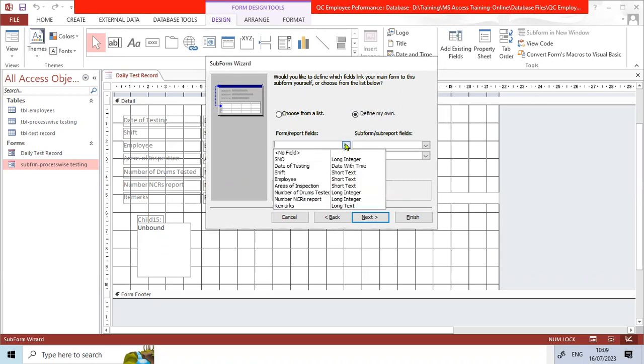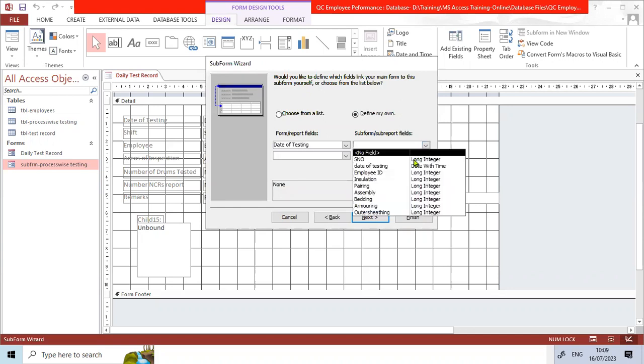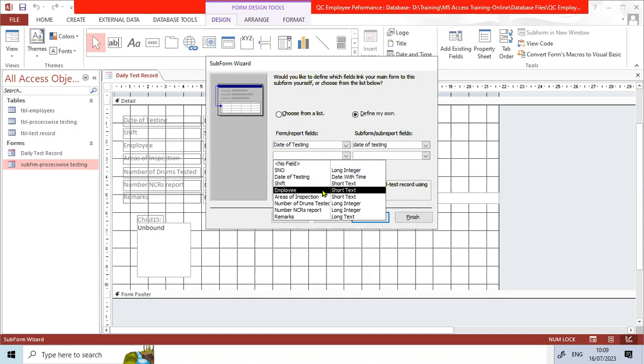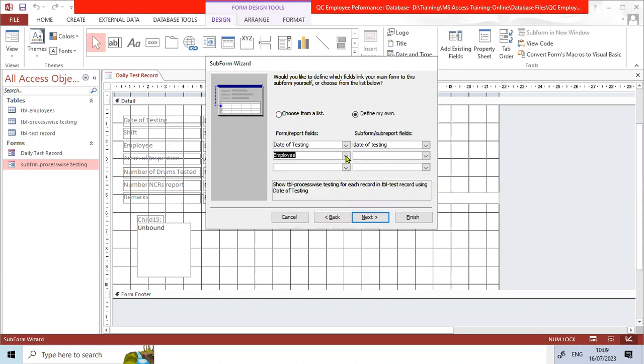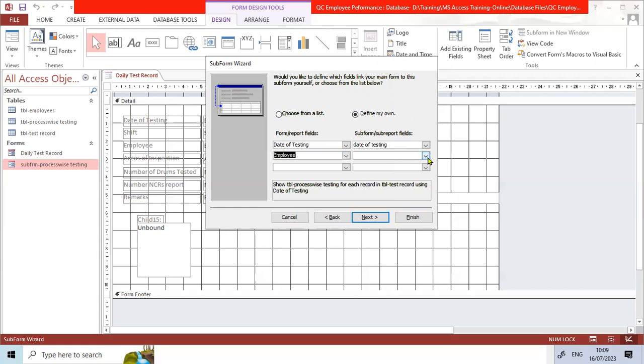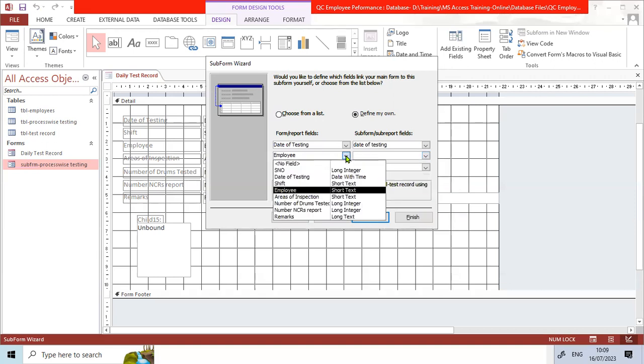So what we link here, you can link the date, right? Date is common here, date is common here, both. And then you have the employee. Which employee is testing? So I will take the employee. We need the employee number. Let us see here what we have. Employee. Okay, now you see here employee ID is a long integer here, and here employee is a short